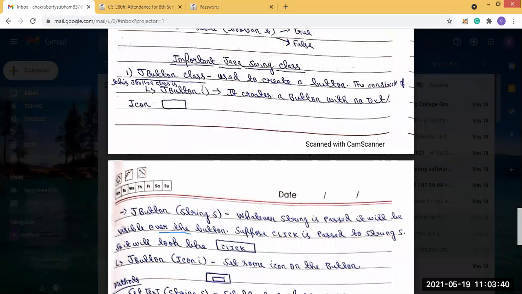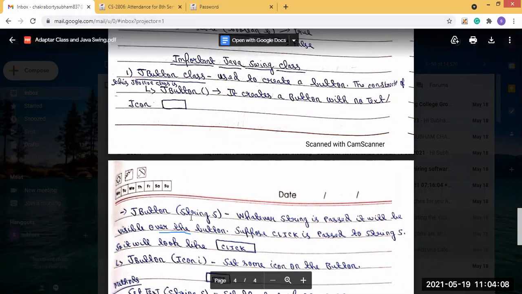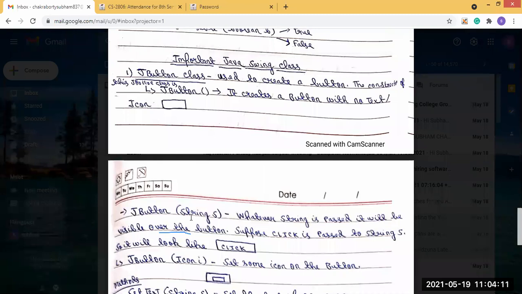Whatever string is passed, it will be visible on the button. Suppose we send the string click in the parameter, then what will this return?